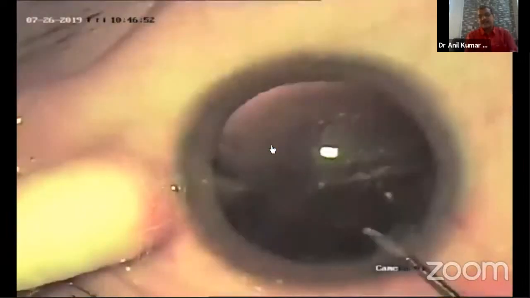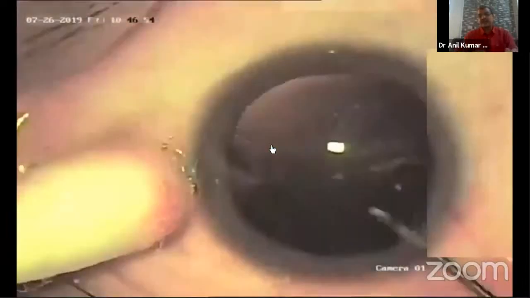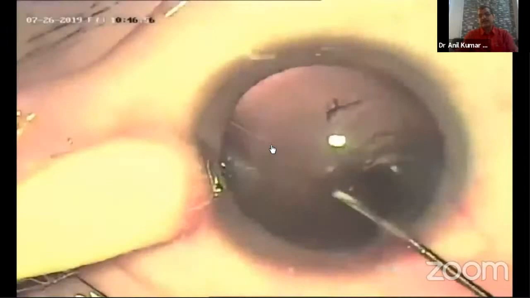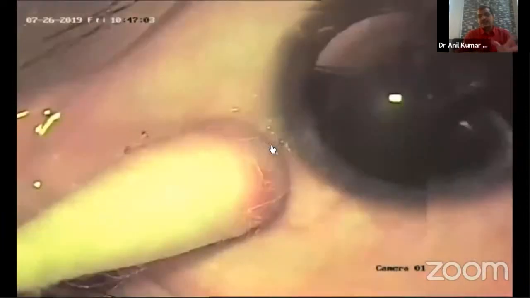When we are doing the capsulotomy, sometimes when we leave the flap and the lines are there, restarting becomes difficult. My trick is to tilt the eyeball a bit, and we can easily do the whole CCC. It should be central and maximum 5.5, or within the already reduced optical zone, so we have to be precise.